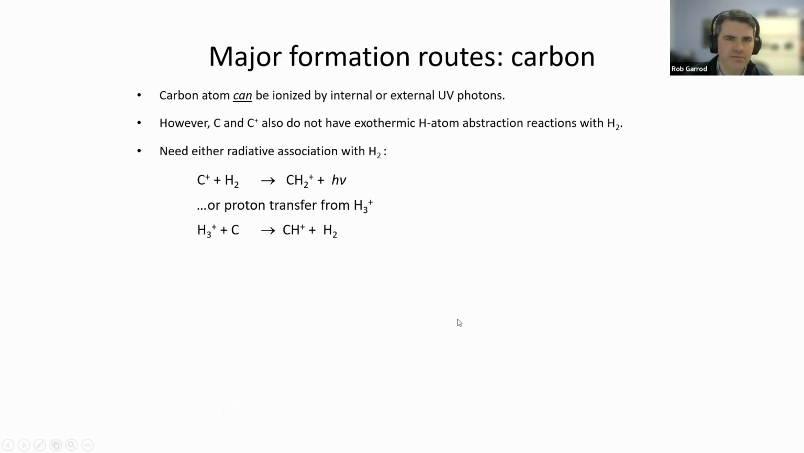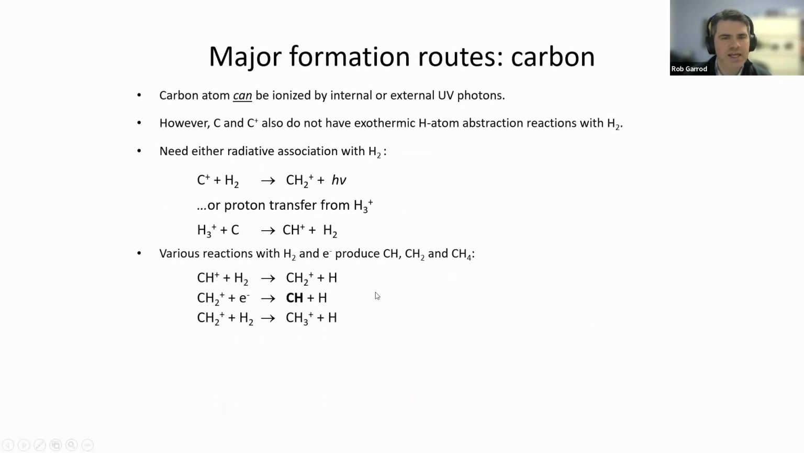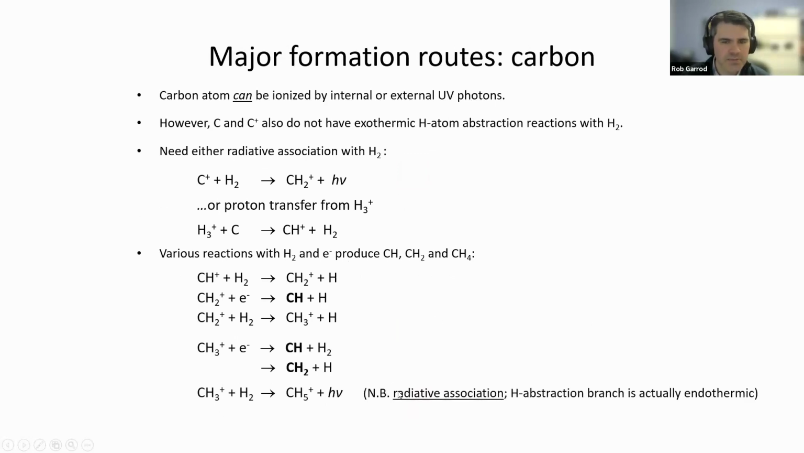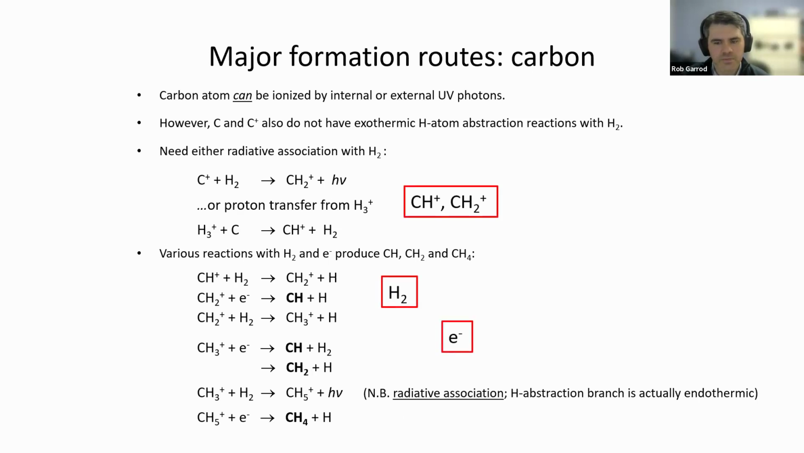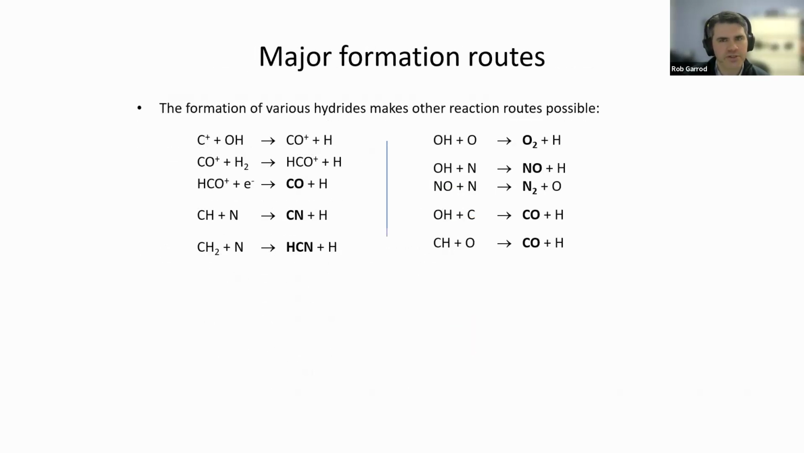I don't want to labor this too much, but what you can see here is there is a bit of detail involved in some of these steps. So in this case, this CH3+ and H2 reaction doesn't lead to an abstraction. It actually requires a radiative association. It requires a photon to be emitted to stabilize CH5+. But ultimately, CH5+ reacts with an electron, kicks off a hydrogen, and you end up with methane. Okay, so those are the major routes for those simple hydrides, but we can produce a lot of other species